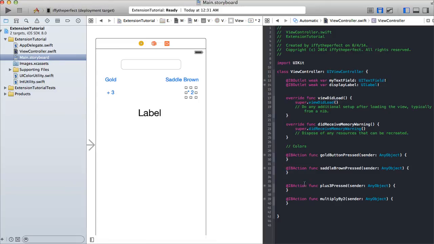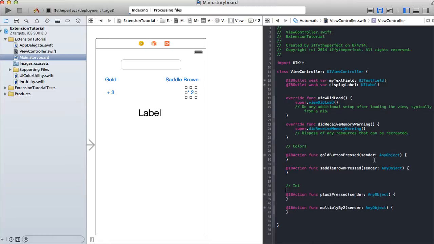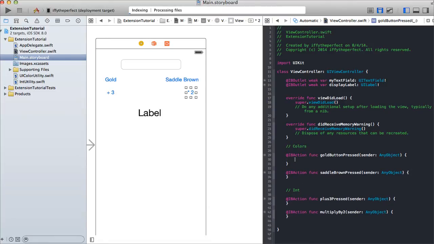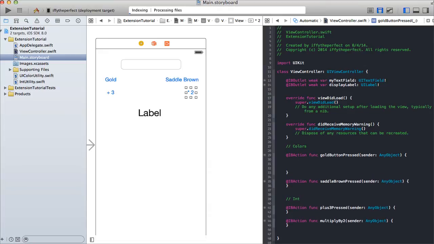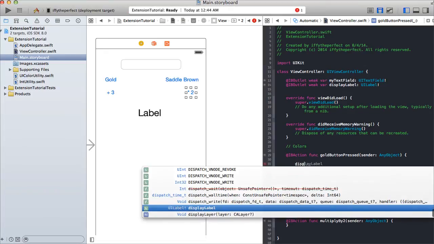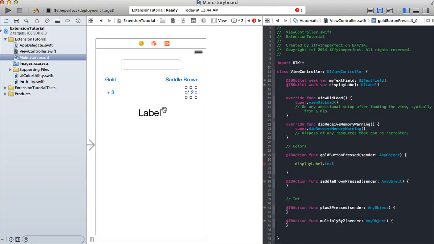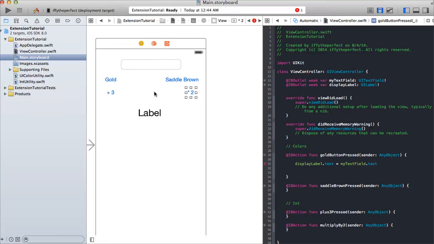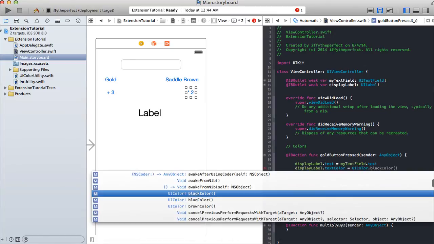Alright, so these are not the color, these are the int parts of the extension. So when the go button is pressed, we want the display label dot text to be set to my text field dot text. Whatever is in this text field is going to display on this label, and then we're also going to say display label dot text color equals UI color dot